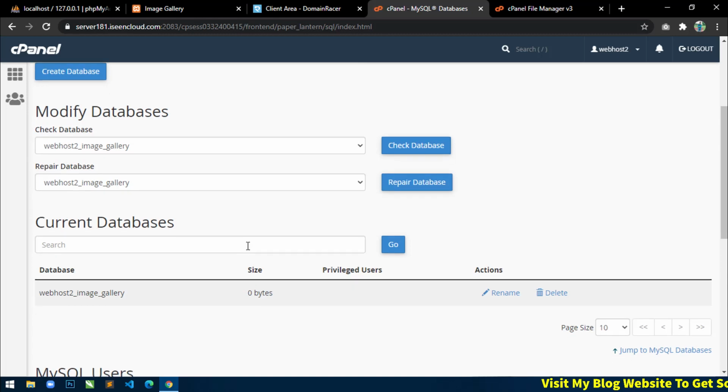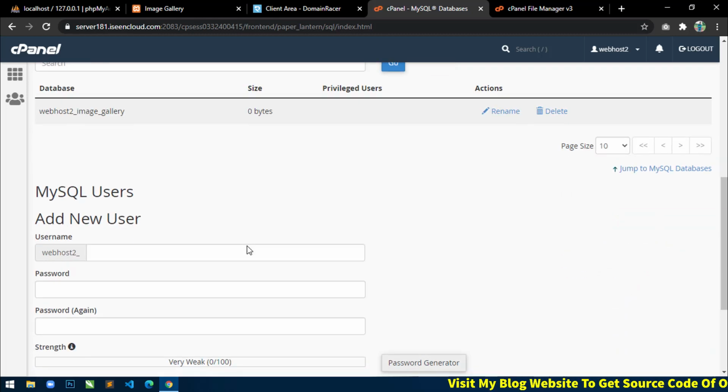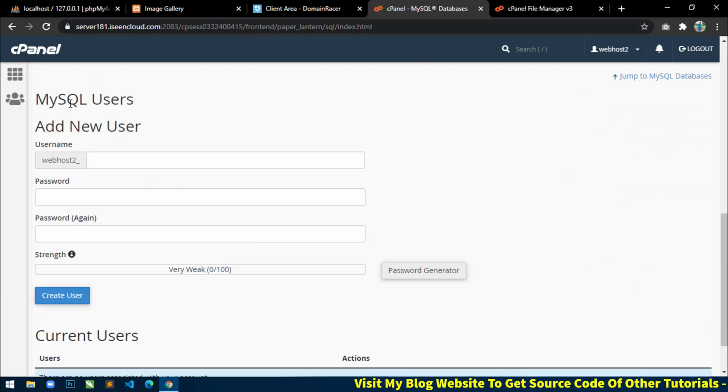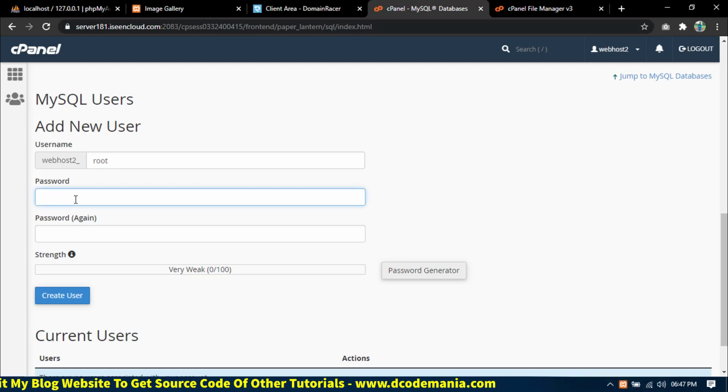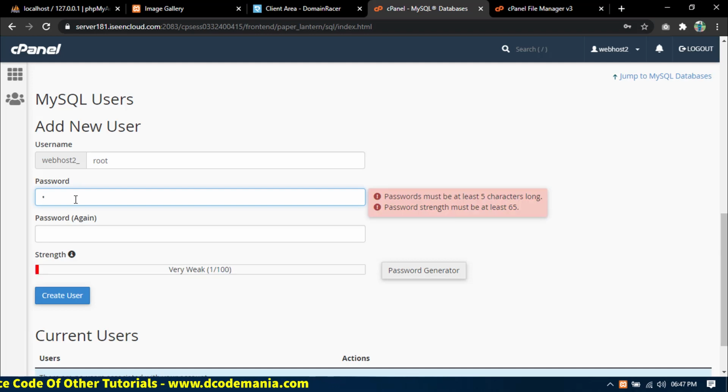Next we have to create a user. Here you can see add new user. Here I will write root, and in password I will write some password.